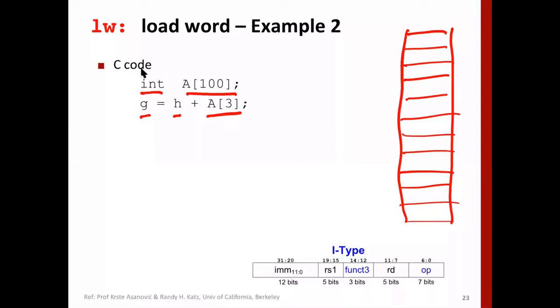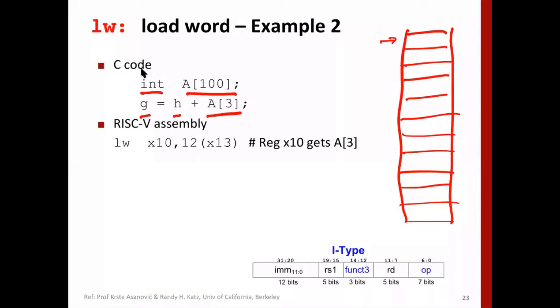So now we have to see how to implement this. Obviously array A is starting at a certain address, and then we are getting the third element of that array. All right, so let's see how it's converted into assembly. Now what we are doing, x13